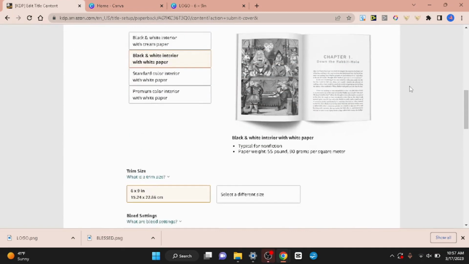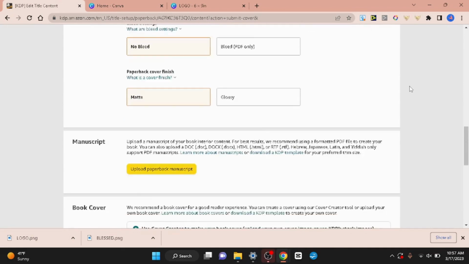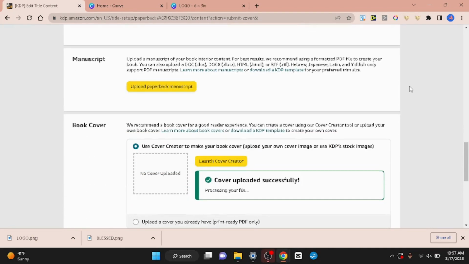They're going to do everything else for you, and they're going to upload that for you. It's going to process. You upload your manuscript, and that's where you put your pages. If you're confused as to what manuscript they're talking about, it's your interior. And when they both load up,